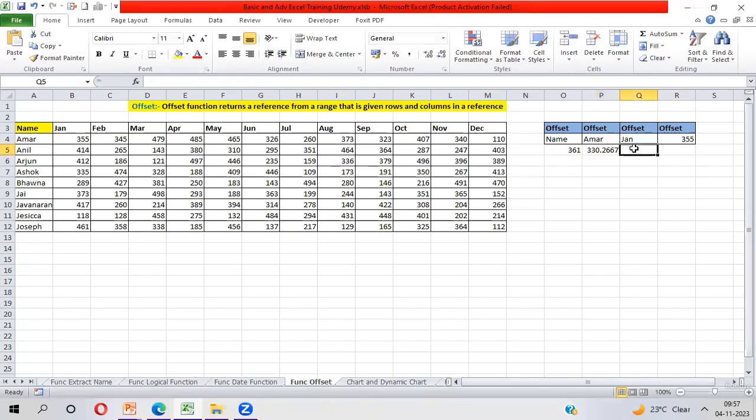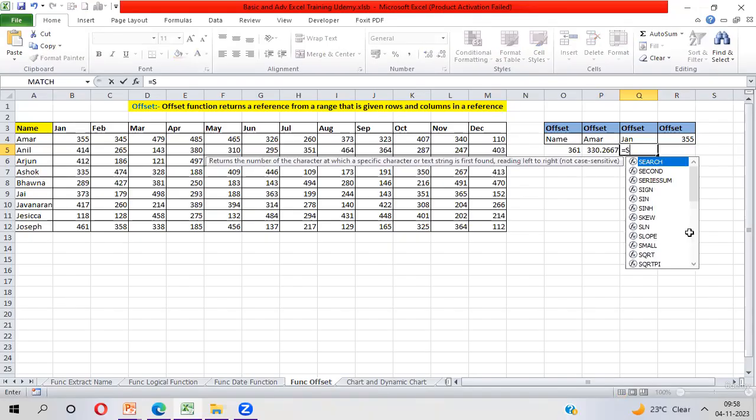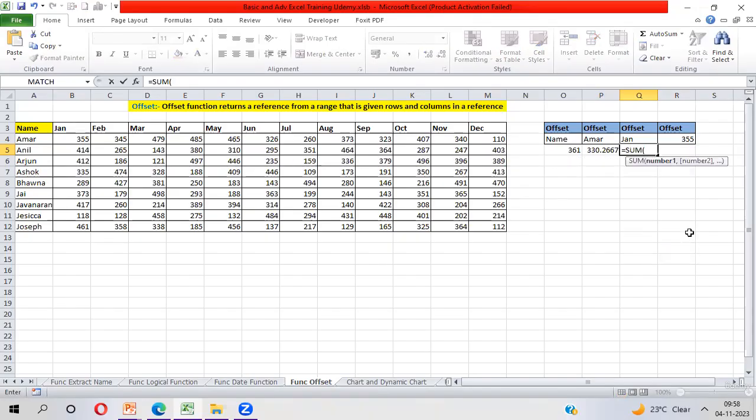Now I'll show how we can make this reference dynamic. I will make height a dynamic value. Let's see here. I'm taking a reference as SUM. The OFFSET function can be used anywhere with any function.